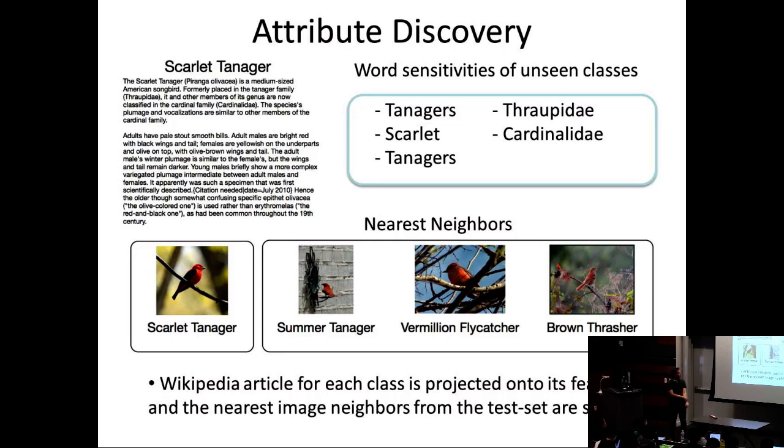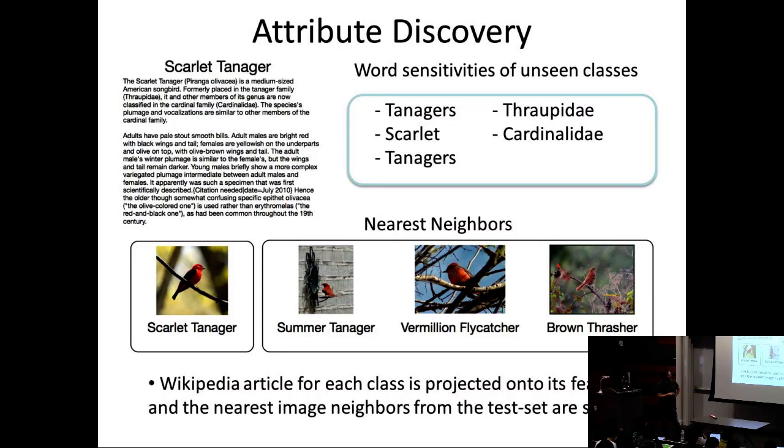So it turns out that for predicting Scarlet Tanager, the particular class that I'm trying to predict, these words turn out to be very sensitive. In other words, the existence of this word supports the correct prediction. If this word doesn't exist, the probability of the prediction goes down for this particular bird. So it picks up that Scarlet is important, Tanager is important. And if you look at these two things,